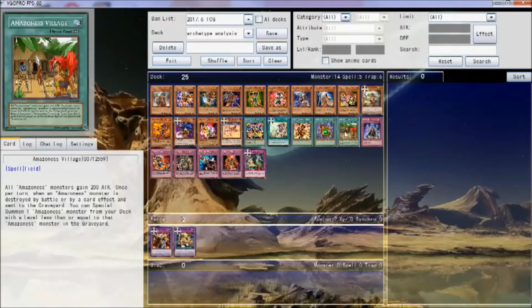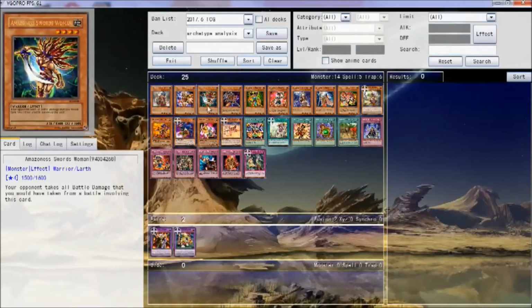And then we get Amazon's Village, the other of the 2 really good spell cards for the deck. And it's also a field spell, so hey, you can search it off of Terraforming and Metaverse once that card comes out. So, Amazon's Village, all Amazon's monsters gain 200 attack. Once per turn, when an Amazon's monster is destroyed by battle or a card effect and sent to the graveyard, you can spell summon one Amazon's monster from your deck with a level less than or equal to that Amazon's monster in the graveyard. So, okay, the idea with this is you attack with your Swordswoman, she dies, your opponent takes damage,